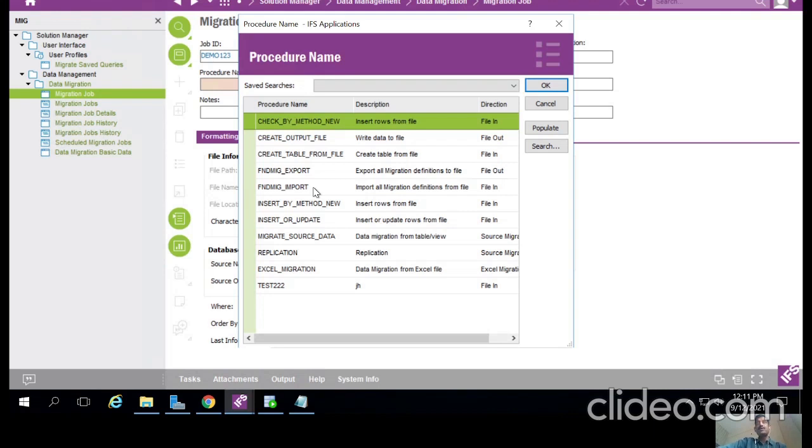Every header and every tab has its own API, its own logical unit. So suppose you want to migrate data into one logical unit. Whenever we're talking about one logical unit, first we need to choose which procedure you want to use in this activity.